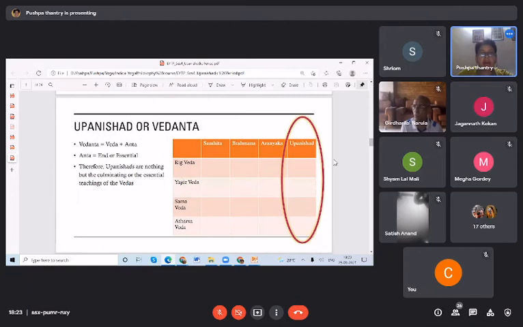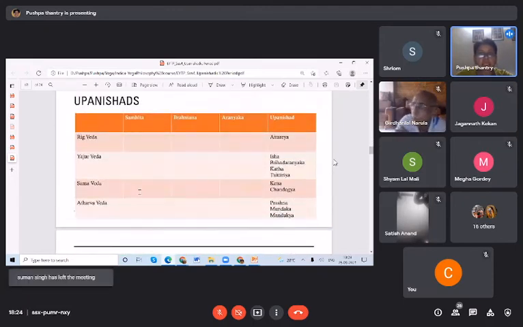So again, they will ask a twisted question here, okay? Upanishad and Vedanta are the same. Vedanta means end of the Veda, the Upanishad. It is the same. So they will not ask directly about the Upanishad; they'll give a choice like, Atma and Jivatma are explained in the Vedas, Vedantas. So you need to know Vedanta also means the Upanishads, okay?